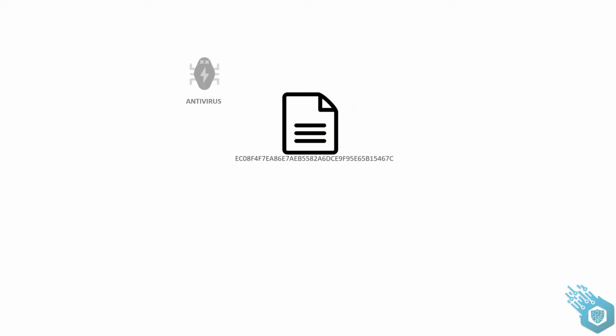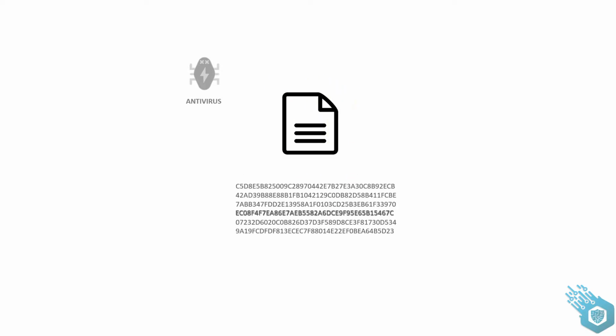We'll start with the most basic component, an antivirus. Antiviruses have been around for a very long time. What they do is quite simple. They hash suspicious files and then compare those hashes to hashes in their database. If the hash matches a hash of a malicious file, then they will block that particular file. If it doesn't, it will simply allow the file to move forward. This technique is great to stop many viruses that are out there. However, it's very easy to bypass antiviruses, which of course means that we will need other components in order to